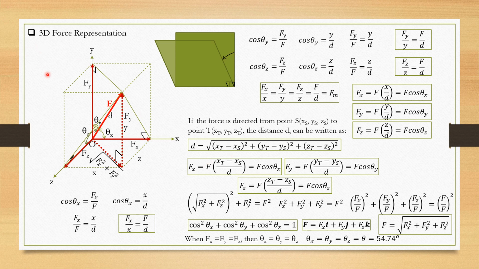So our first step is to first practice resolving a 3D force into its components, so that once we master resolving a force into its components, then it's easy for us to compute the resultant of two or more 3D forces